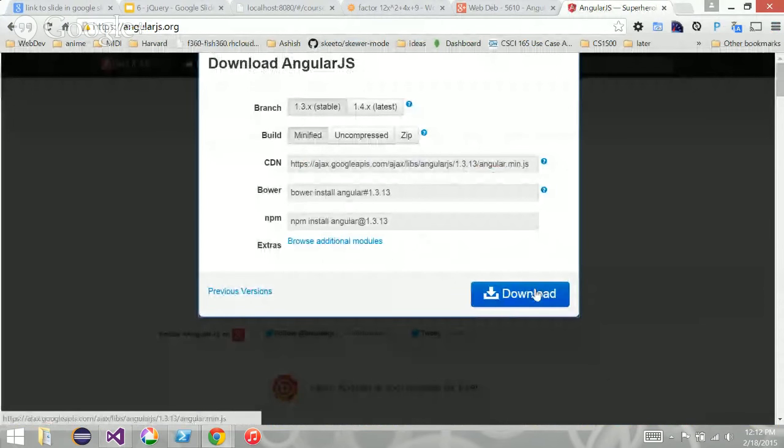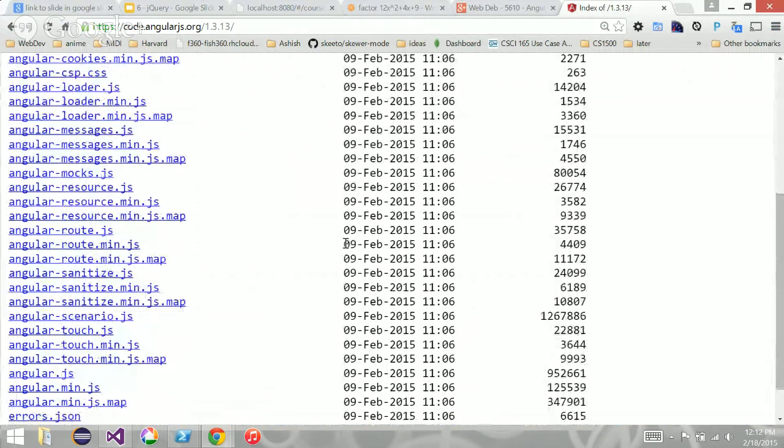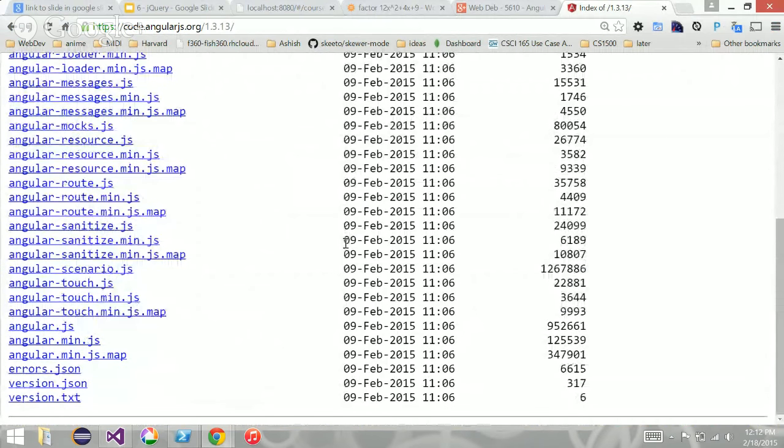If I download this, it's going to just download the core module, the core framework. But here you can browse for additional modules. If you click here, there's quite a few other things that allow you to do animation and all sorts of things. We are going to download the routing. There it is, these guys over here.